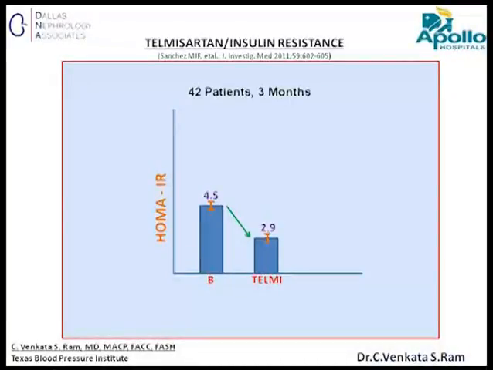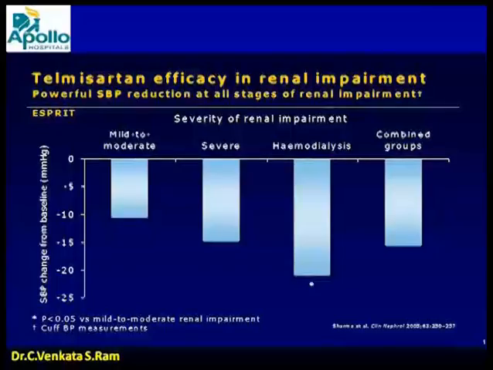And this is a small study, not an outcome study, looking at insulin resistance before treatment with so-called cardiometabolic sartan, telmisartan, and afterwards. There appears to be an improvement in insulin sensitivity because of its partial PPAR gamma effect. Angiotensin receptor blockers in patients who have diabetes and chronic kidney disease, they tend to be pretty safe as long as you keep an eye on potassium. All degrees of renal impairment have been shown to benefit from sustained use in this particular study with telmisartan, but ARBs are very good. Just keep an eye on potassium.